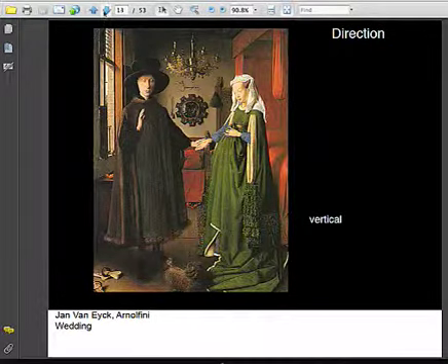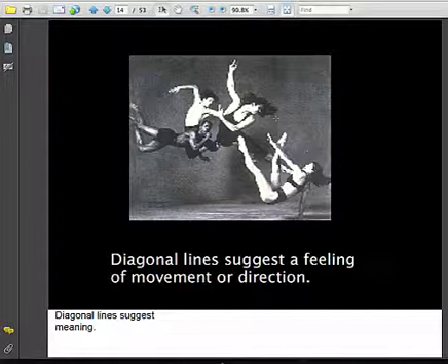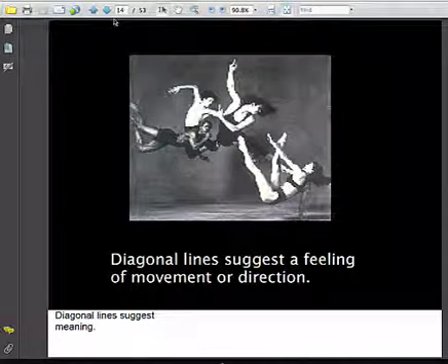It's well worth it. Diagonal lines, see how they give us a suggestion of meaning. Diagonal, of course, crisscross lines suggest movement, is what I meant to say, I'm sorry. Suggests movement. You can just see them, and this is certainly for these people to be up in the air like this in this dance. You have a feeling of great motion going on. But the fact that they're all in these wonderful diagonal poses helps us with that too, even though it's a